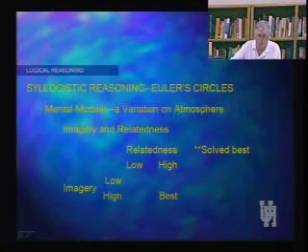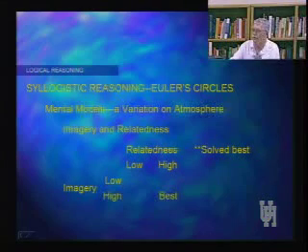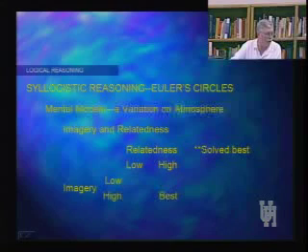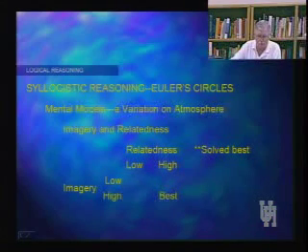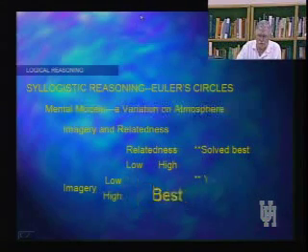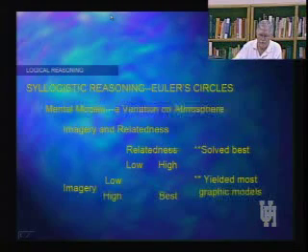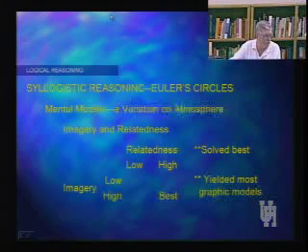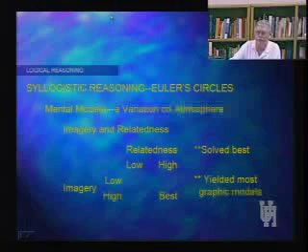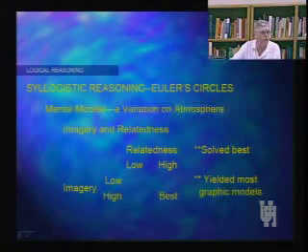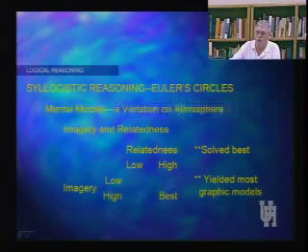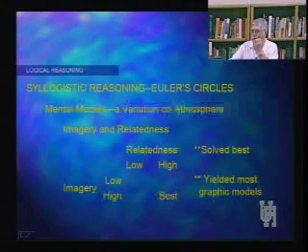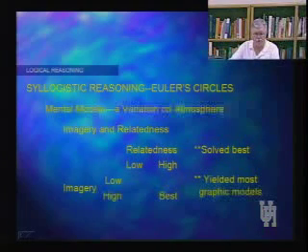That is, the syllogisms based on those kinds of linkages, those kinds of limiting premises, were solved more rapidly than situations where either the imagery or the relatedness was low. And there were forms of syllogisms leading to more graphic models. Okay? The syllogisms that led to the most imagery-rich models tended also to lead to the best solution. We saw that earlier when we looked at the fog problem versus the naming problem or the two sisters problem that I was talking about with you slightly earlier.